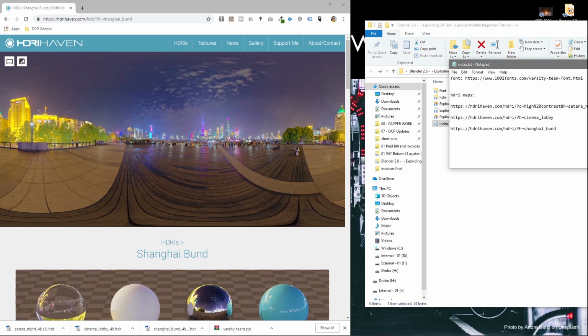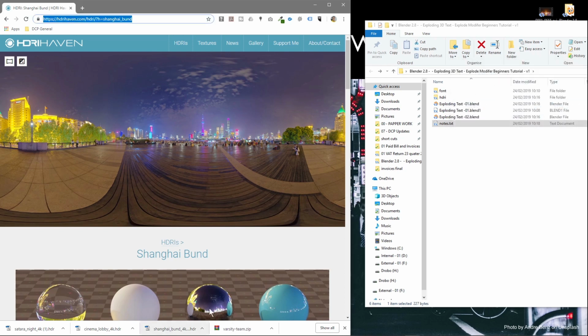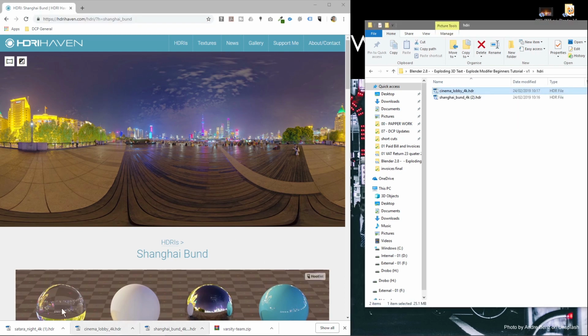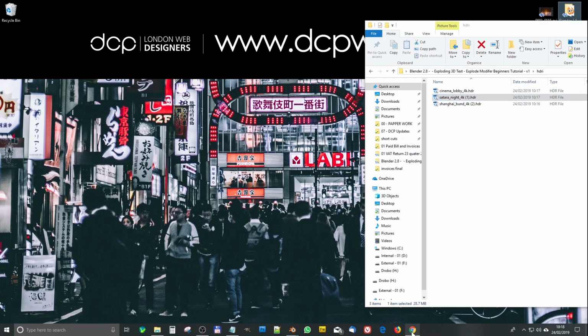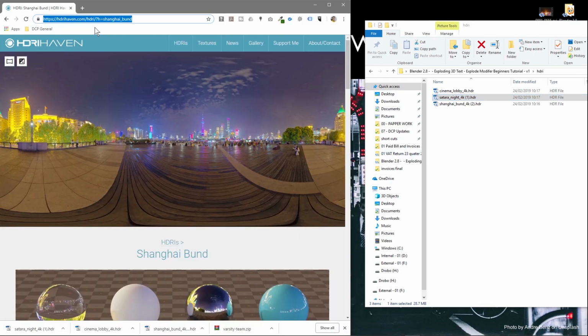Just make a note of these HDRI maps, the ones that I'm downloading. Let's drag them into this folder. So we drag all three, and then we can see how these affect our scene. So we need actually one more thing. Let's have a think here. We want to go to